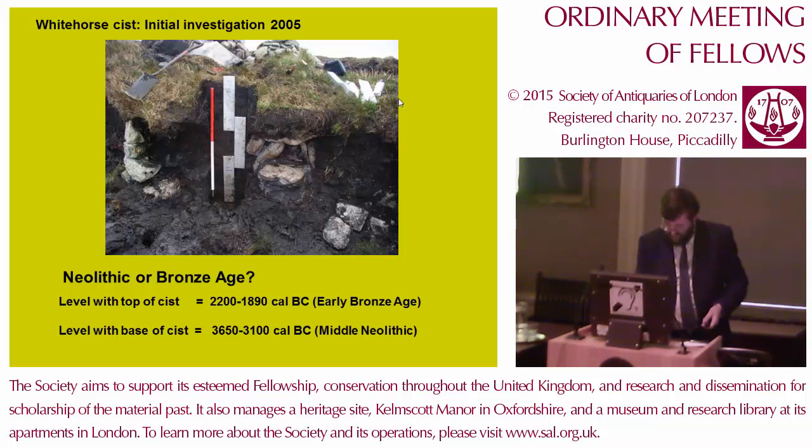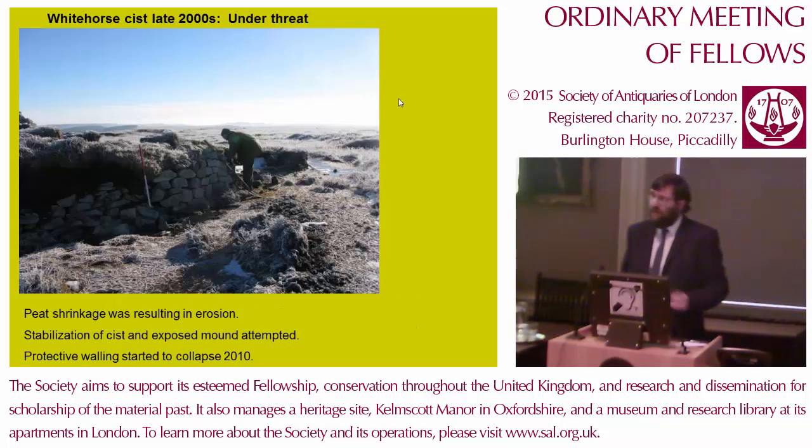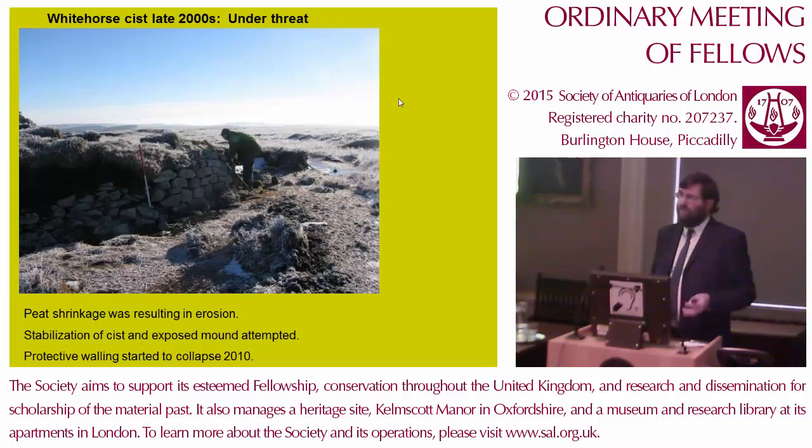Now at that point, the National Park decided that the best strategy would be to try and preserve the site in situ. So they constructed a dry stone wall across the face of the peat mound, which you can see here. Unfortunately,